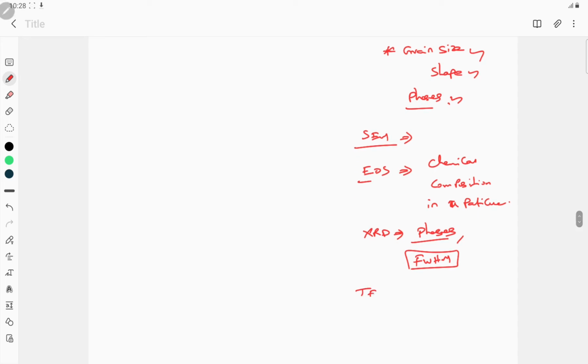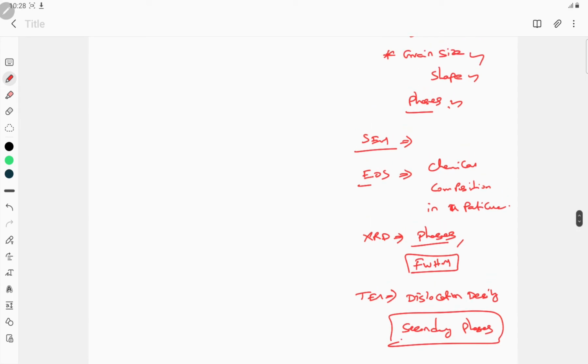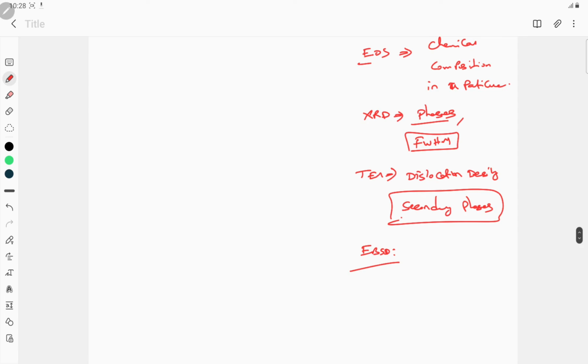And then TEM also we will do in order to get an idea about the dislocation density, presence, and what are the secondary phases. We can just confirm those secondary phases through this TEM analysis with better clarity. We can do the indexing also to confirm that this is the secondary phase that is present in the weld through TEM analysis. And EBSD also we can do,